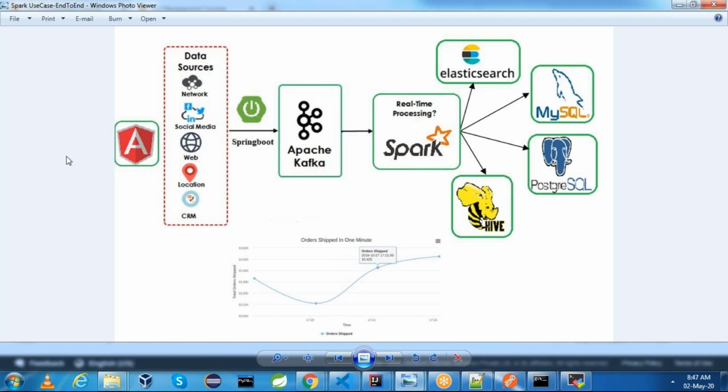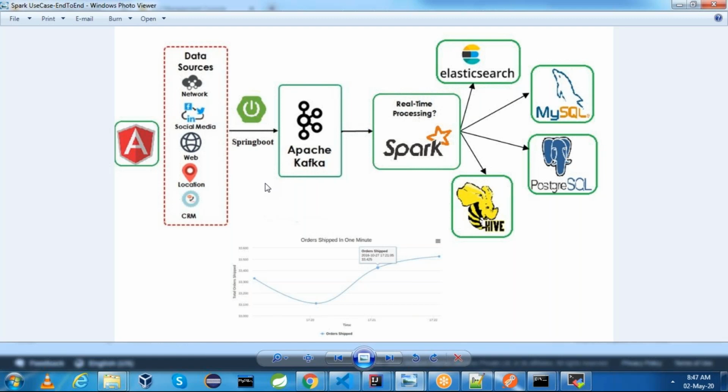If you see in this diagram, I'm going to use Angular. If somebody is not familiar with Angular applications, you can use Postman also to send data from web to backend, right? We will discuss Kafka installation in the next video, but I'm trying to explain the design of what we are going to do now.